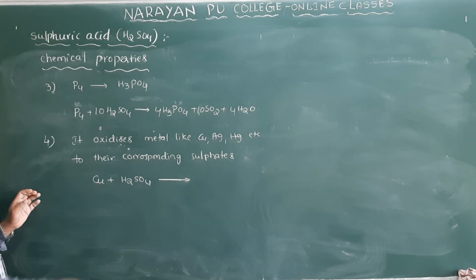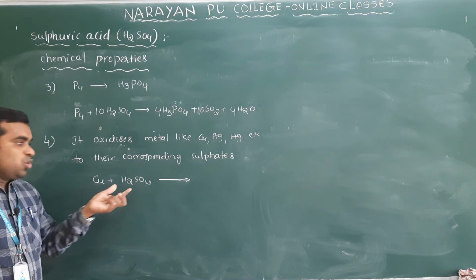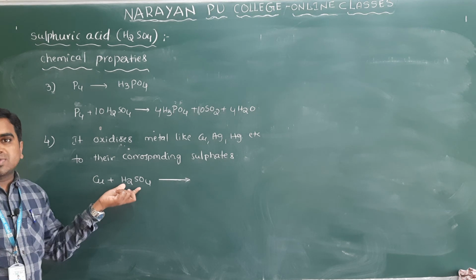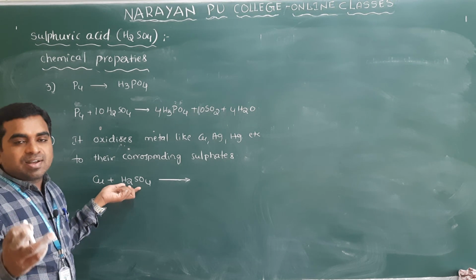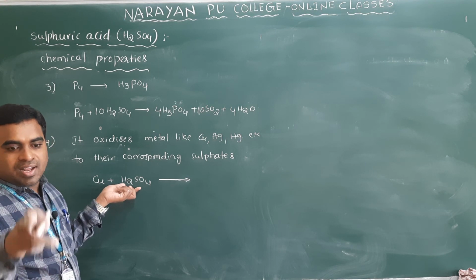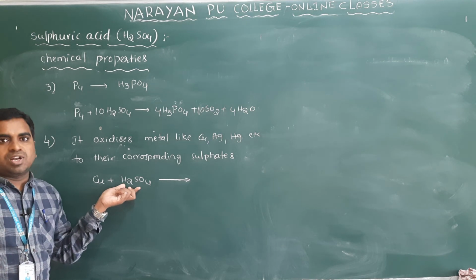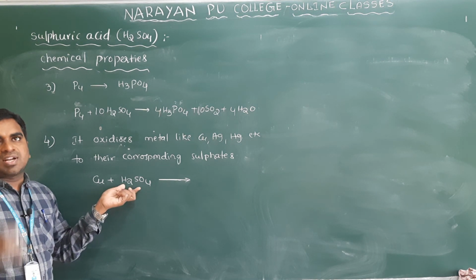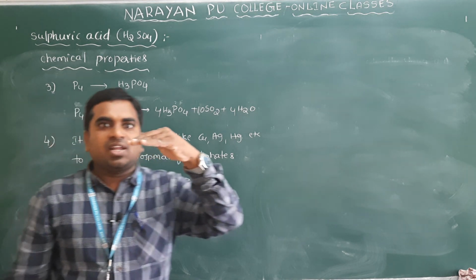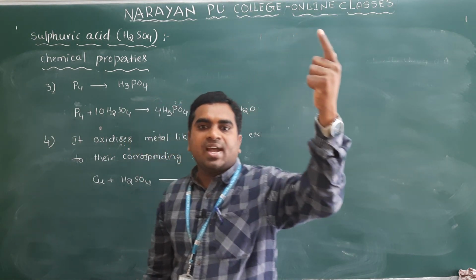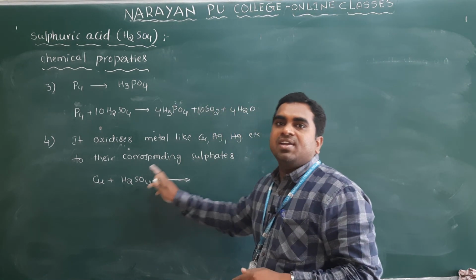What is the product here? You may think here copper is there and here hydrogen is there. So metals when reacted with a hydrogen-containing acid like HCl and H2SO4 should release hydrogen gas. Clear? So that's why, in the first year, electrochemistry not yet started, in the first year you have studied the electrochemical series. Clear? So here the metals which are present above the hydrogen are very reactive and those metals only can displace the hydrogen and give hydrogen gas.